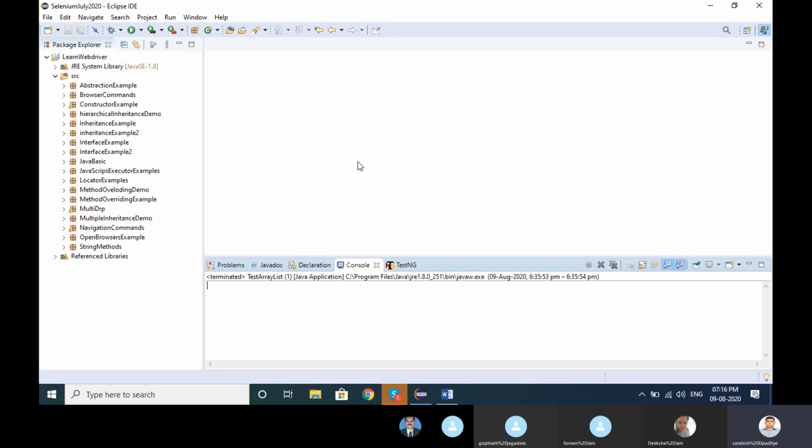Whatever object or data we take should have some capacity. Within that capacity we can store anything, but without capacity we cannot.